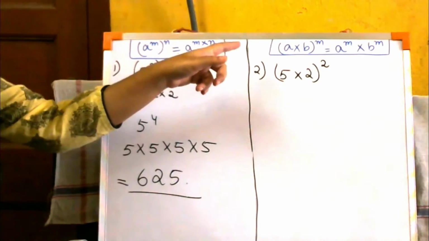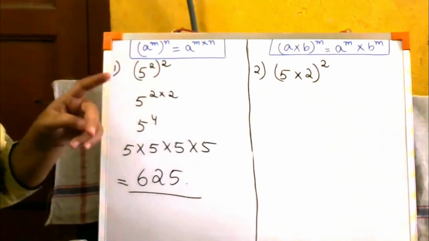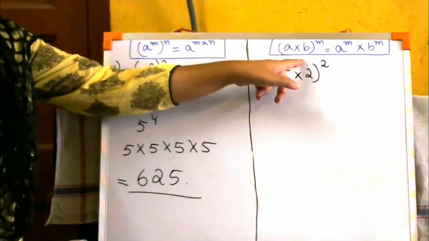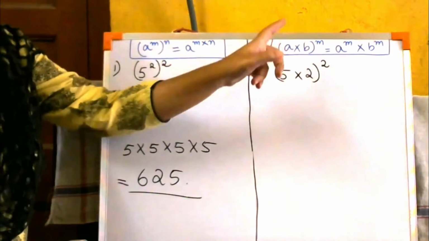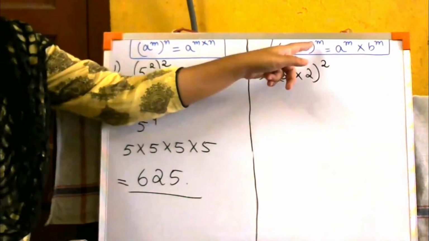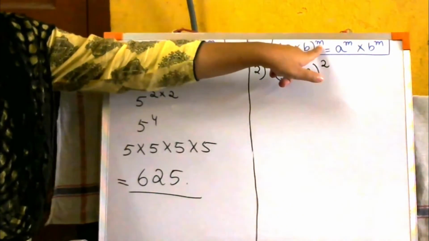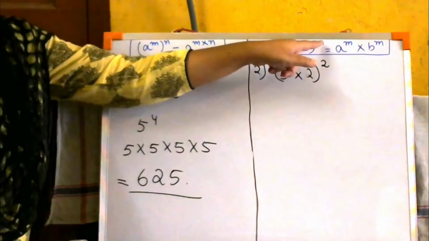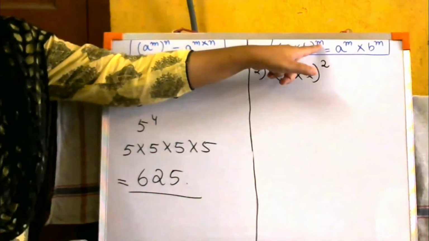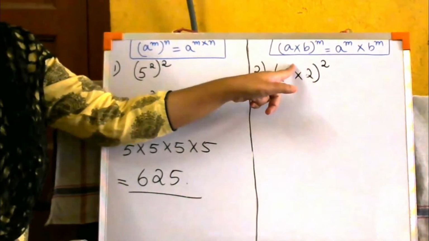Now this time can you see the bases? There are two bases. One is A and then the other one is B. Power is 1. There is only one power. Okay. So what does this mean? A into B to the power M. A into B is inside the bracket. Look at the power on top of the bracket, it is M. This thing means that A also has power M, B also has power M. Okay? This power belongs to both the bases, with A also, with B also.